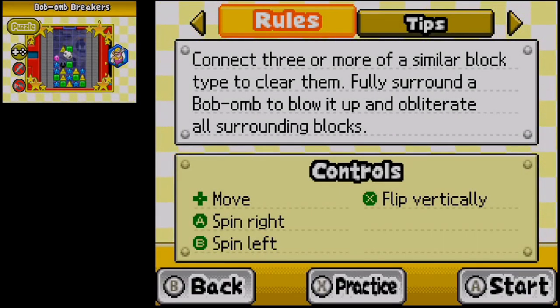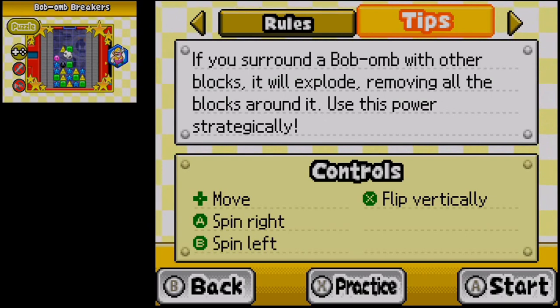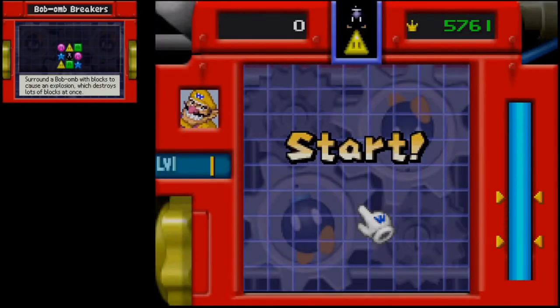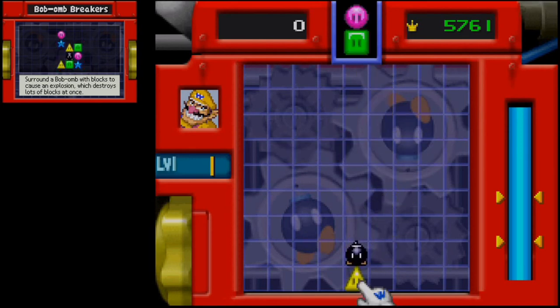Connect 3 or more of the similar block type to clear them. Fully surround a Bobomb to blow it up and obliterate all surrounding blocks. So yeah, it's a bit like how it does in the Mario Party 4 version. If you surround a Bobomb with other blocks, it will explode, removing all the blocks around it. Use this power strategically. So yeah, the pretty much noticeable difference between the Mario Party 4 version of Bobomb